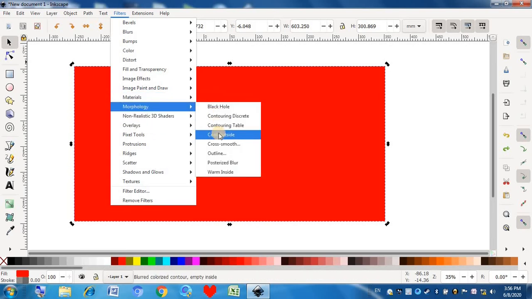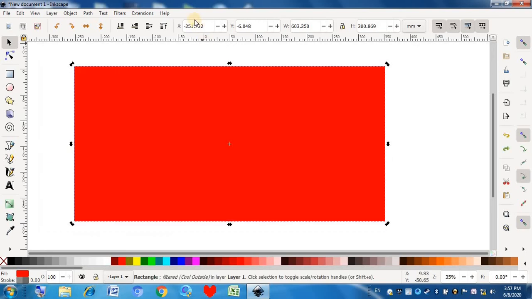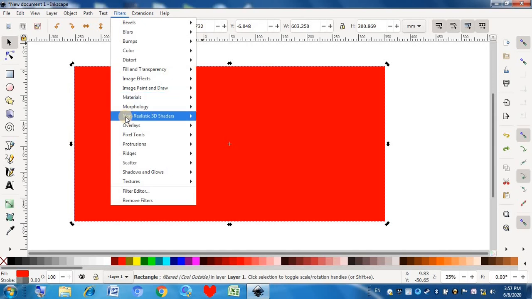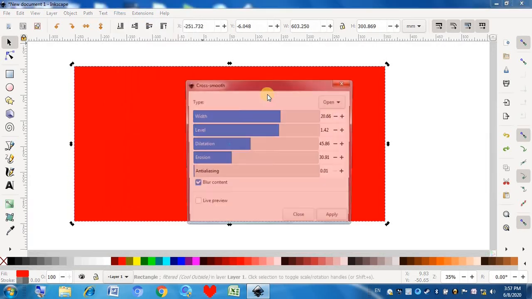So next one is cool outside. Outside would be blue, which indicates cool, and inside would be white. So this is, I can't tell anything about this. So it's according to your choices. Morphology, cross, smooth.